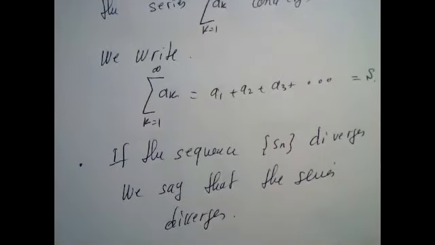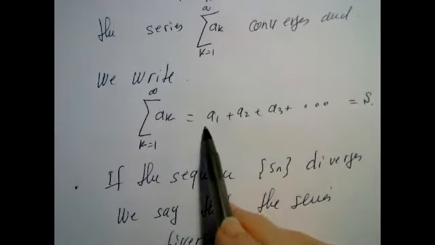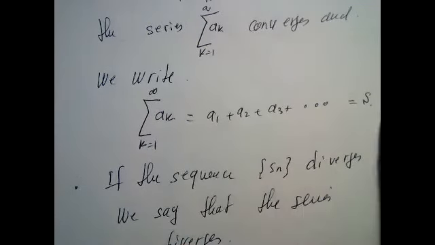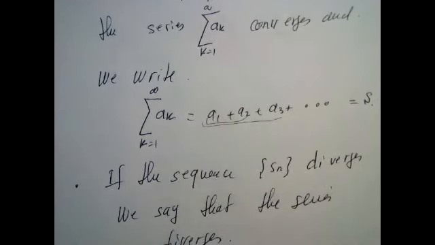Okay, so a series converges, this infinite sum converges, if the sequence of partial sums converges. So what does it mean for a series to converge? It converges if those sums themselves converge. That's really the meaning we are going to give to this infinite series. So in other words,